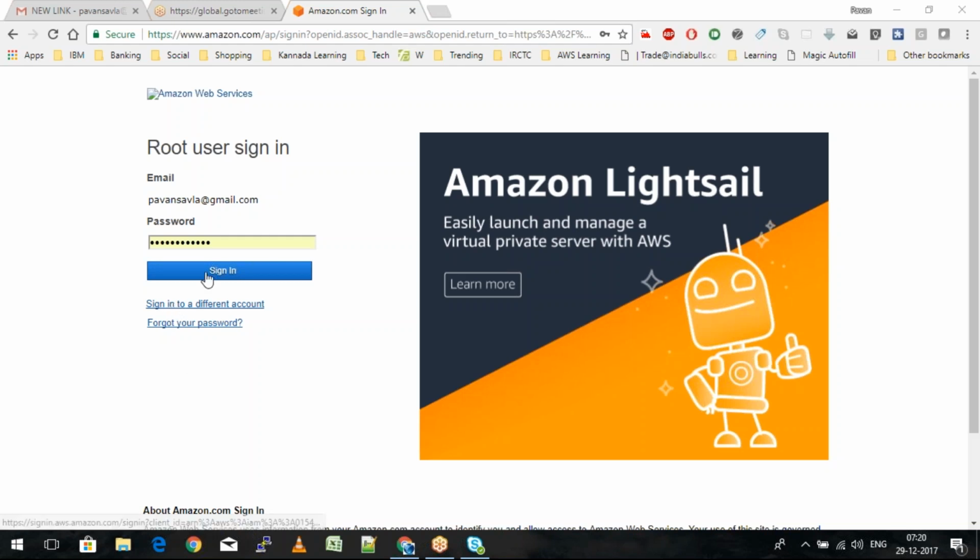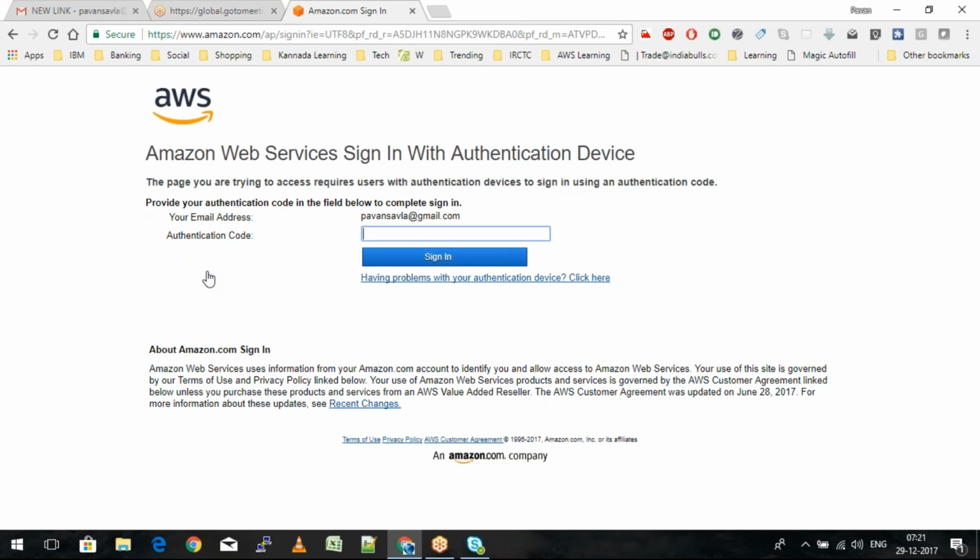So I'll first quickly go ahead and log in to my AWS account. I'll quickly open up my slides to just check through the formula part.